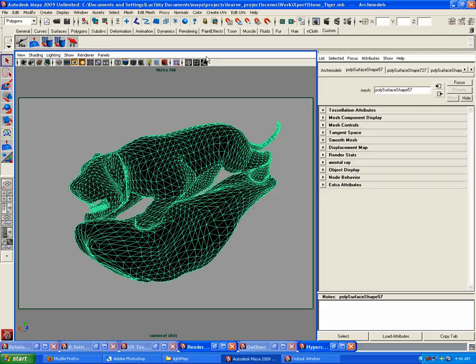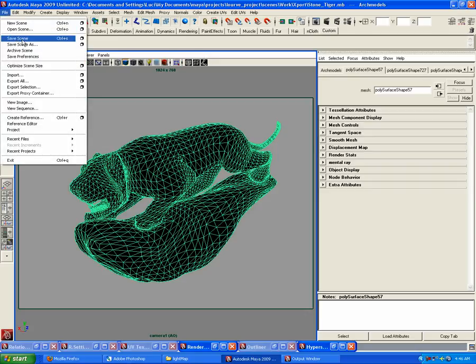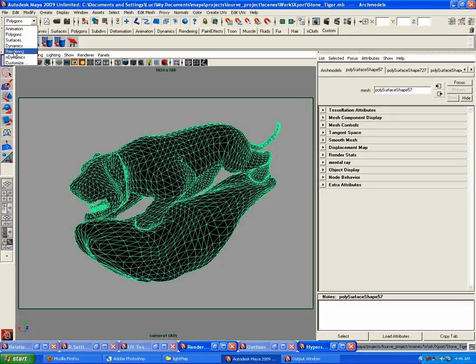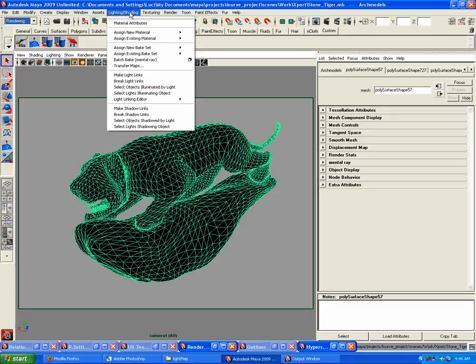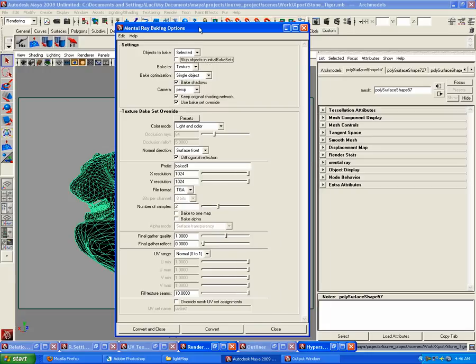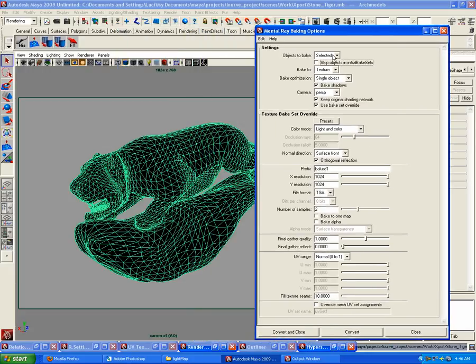Another thing we gotta do, we gotta save our file. Okay, and then we're going to go into rendering, lighting and shading, batch bake mental ray. Okay, we're gonna click options. So objects to bake, we're gonna click selected, bake to texture for a single object, bake shadows, camera from camera